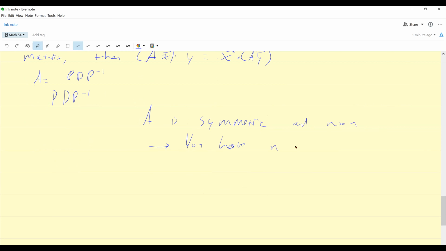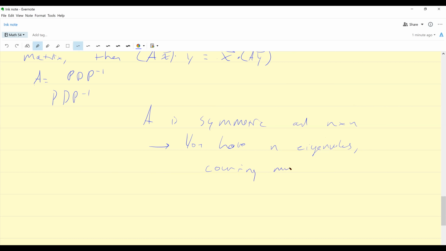You're going to have n eigenvalues that are distinct and real, right? Which chapter is this? This is 7.1. Oh, okay. Yeah. Actually, I'm not sure if they're always distinct. You have n eigenvalues,